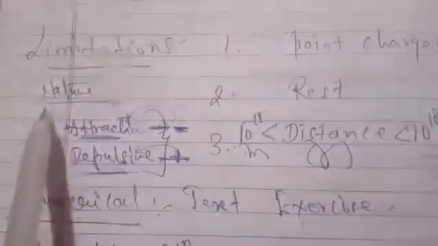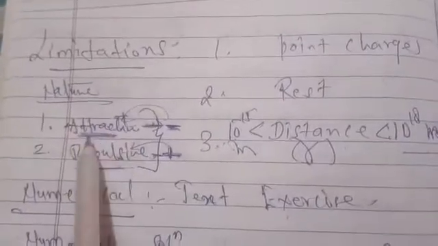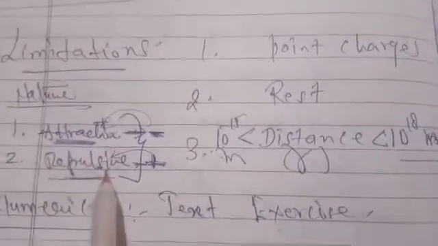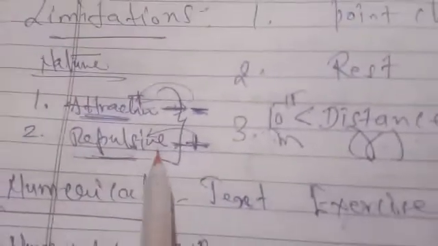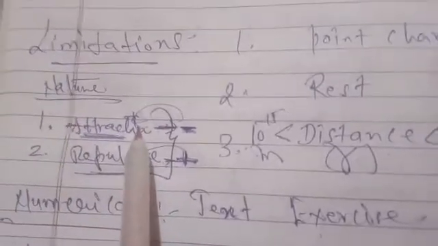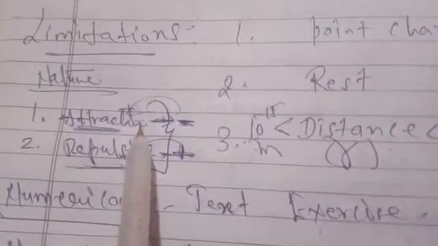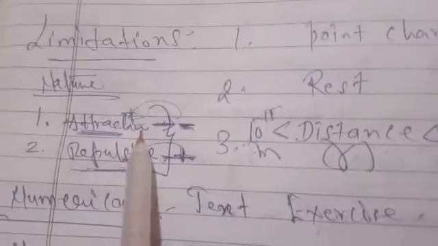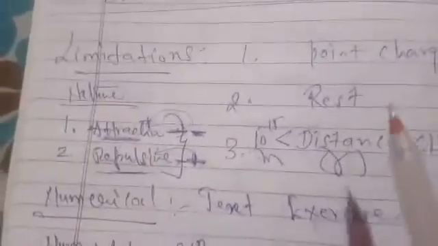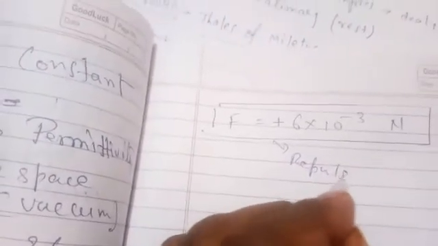We have discussed that the Coulomb's force can be of two types based on the nature of the charges. If both the charges are of the same nature, it will be of repulsive type, and if both the charges are of opposite nature, meaning plus or minus, or positive or negative, then it will be of attractive type. So finally, in the recent problem which we have observed, if your answer comes out with a positive sign, then the force will be repulsive. So this is the repulsive nature force. We have to mention